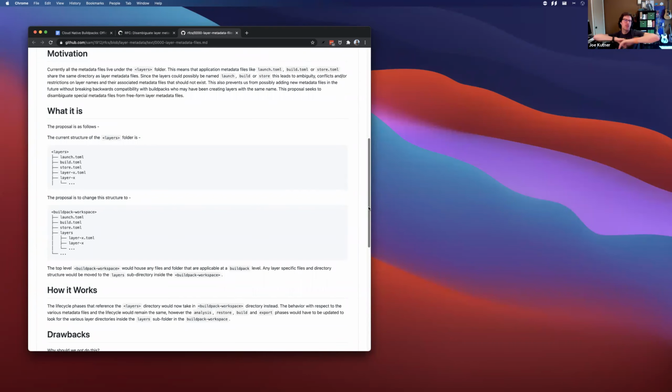So you're not saying this, you're saying two separate directories, one for the launch, build, and store, and another for the layers that are not parent-child or must not be parent-child? Well, we move to environment variables and then it doesn't matter. They have to be passed on environment variables though, so it still gets to the exporter, which means it probably goes in the layers dir from the platform perspective.